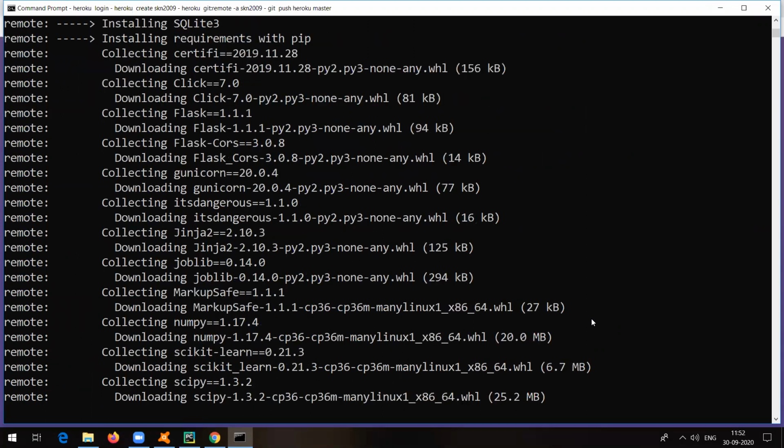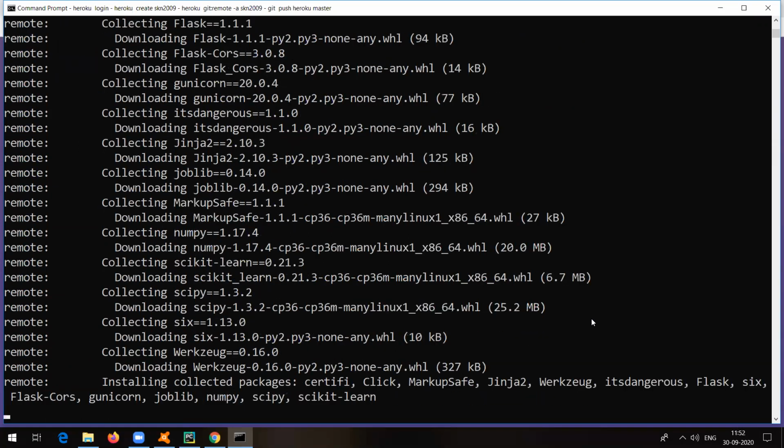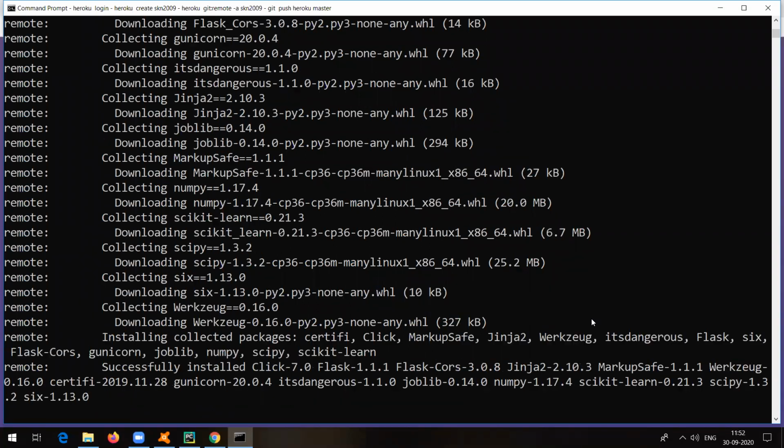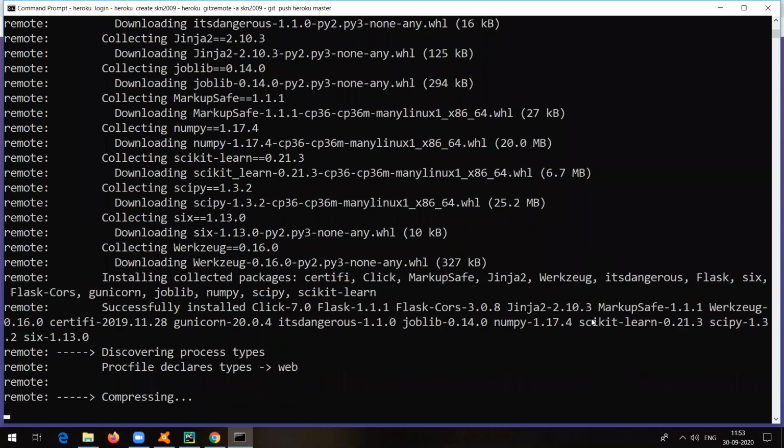Till now it has detected the Python application and, as a web application, all those things. Whatever we are using, Flask, some of you might know that Flask is a framework. It's like a package available in Python. That's why we tried to make use of Python here, because it makes everything very easy. It is saying all those things are successfully installed,